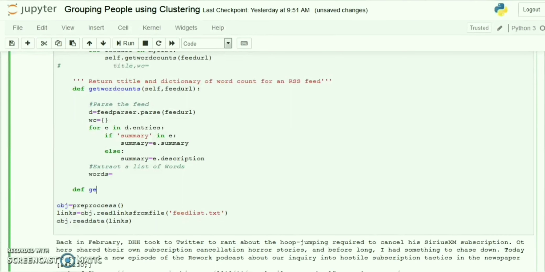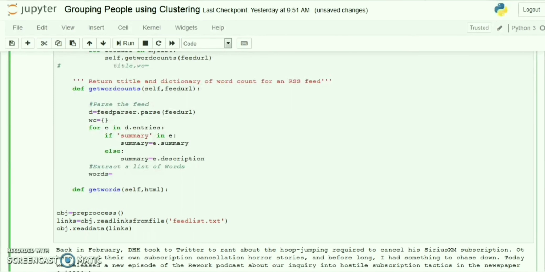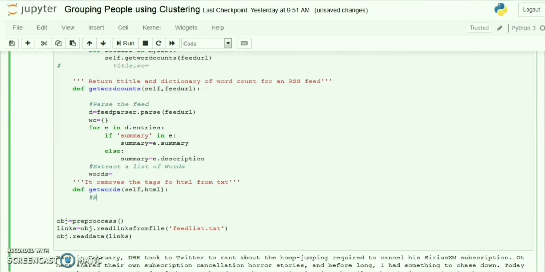Def get words, and this will be used to clean our text, to remove the unimportant things, as stop words are removed when we do pre-processing with our text, because they lose the weightage of any document or sentence. So what will it do? It removes the HTML tags from the text. All right. Now first of all, we would like to remove